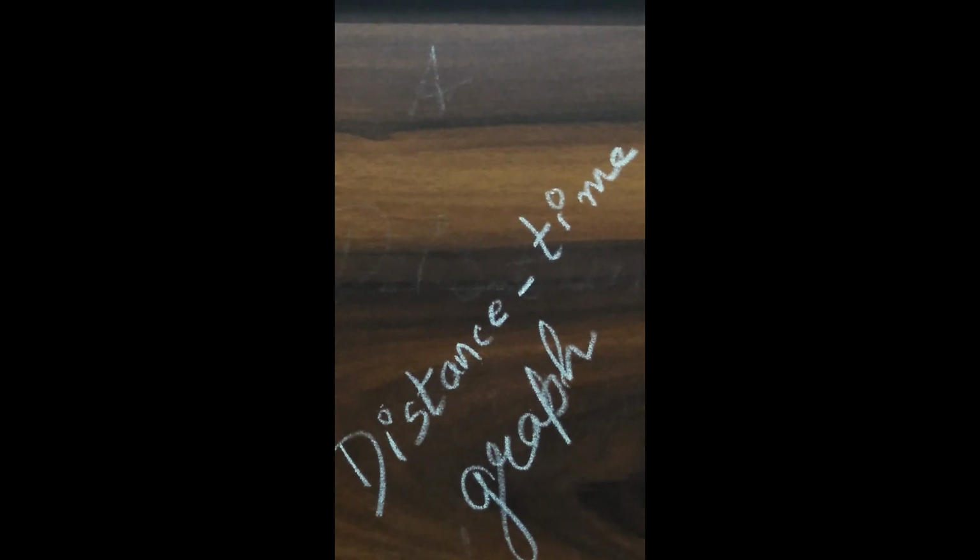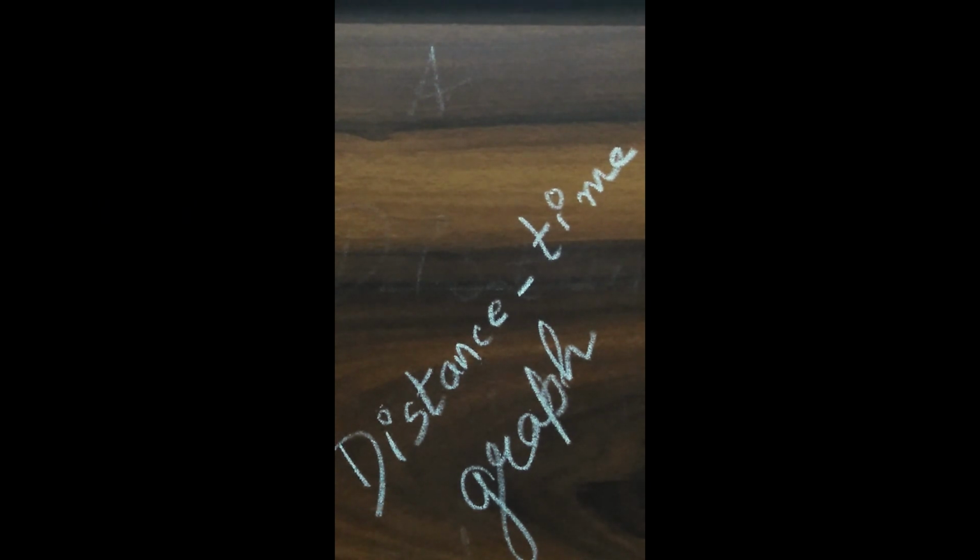Hello everyone. Today we will be discussing distance time graph. All measurements give a lot of data. To use such data for our scientific analysis, it should be arranged in a particular manner. It can either be arranged in a tabular form or in graphical form. The geometrical relationship between the distance traveled by an object and the time taken is called a distance time graph.